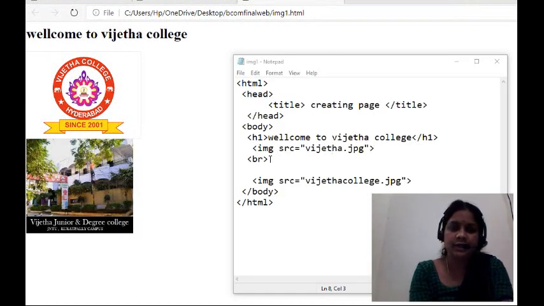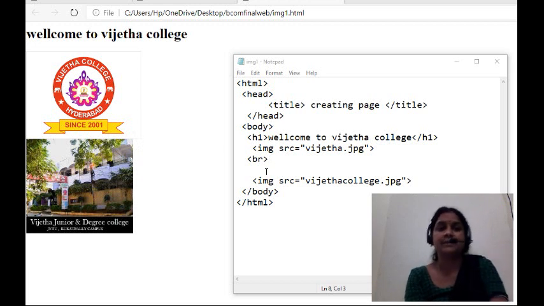See here, the image src Vijayta College logo is displayed, and next the image source Vijayta College image is displayed here. That means two images have been created. If I want to create two images, I have to use two img tags.